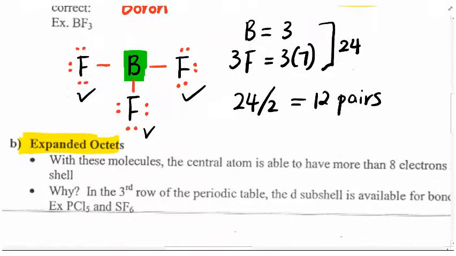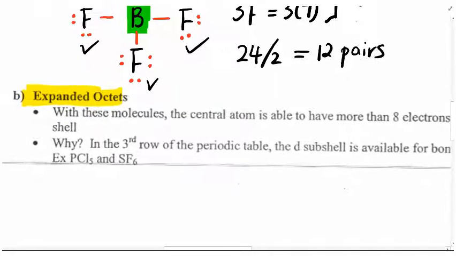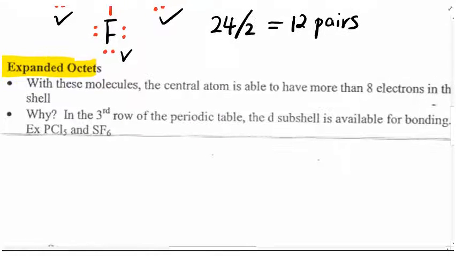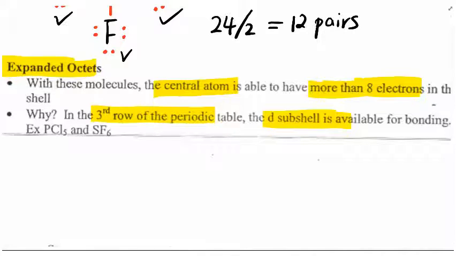All right, so moving on, expanded octet. So for these molecules, the central atom is able to have more than 8 electrons. So that is an expanded octet, more than 4 pairs. And the reason for that is that in the 3rd row of the periodic table, there are some d subshells available for bonding. So for example, if you look at some of the examples here, phosphorus and sulfur, when they are acting as a central atom,